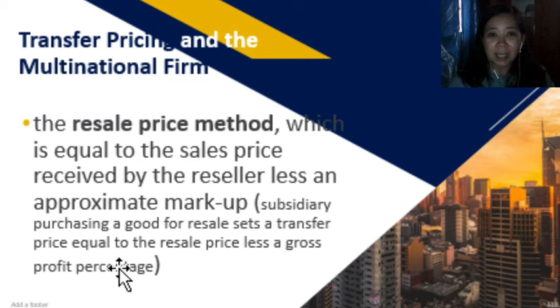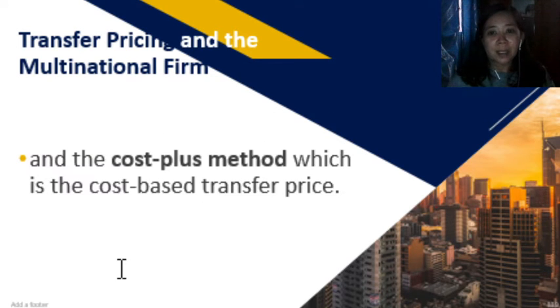This is applicable for a subsidiary purchasing a good for resale, which sets its transfer price equal to the resale price less the gross profit percentage. And the third is the cost plus method, which is the cost